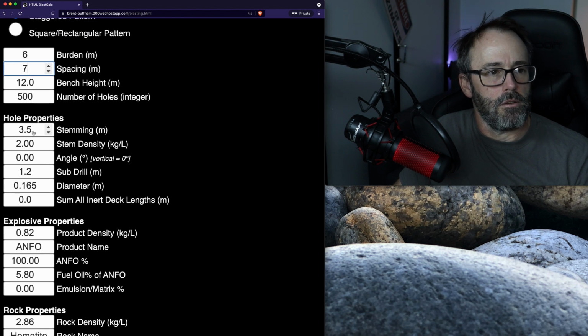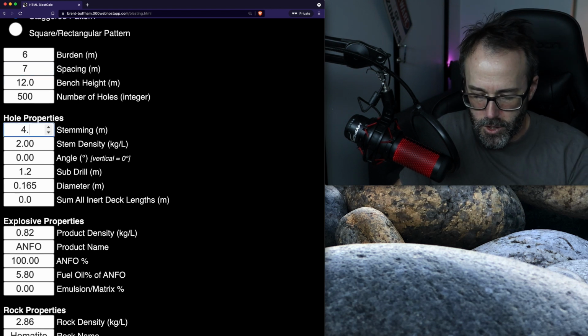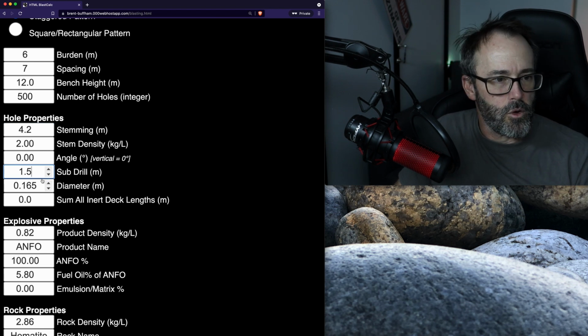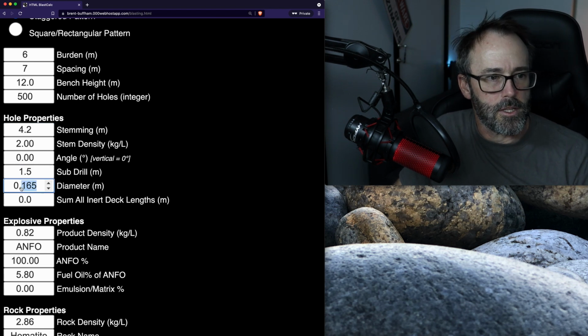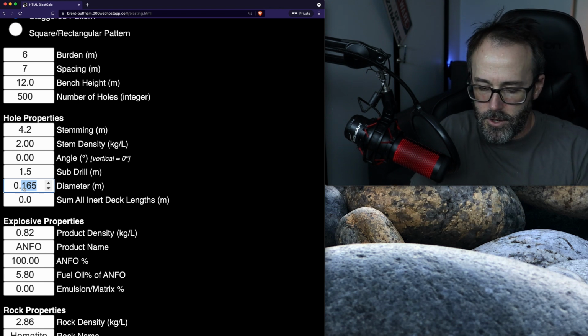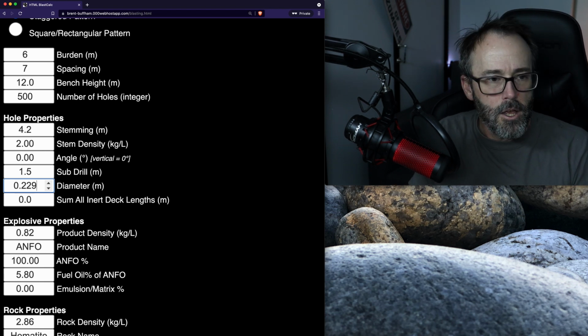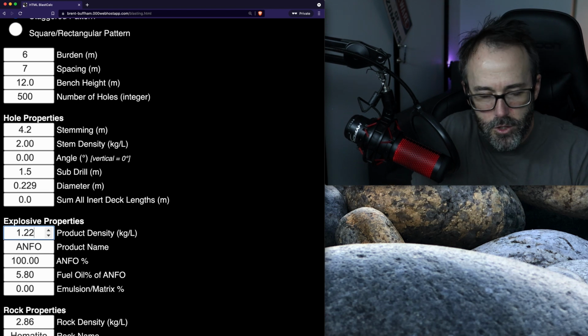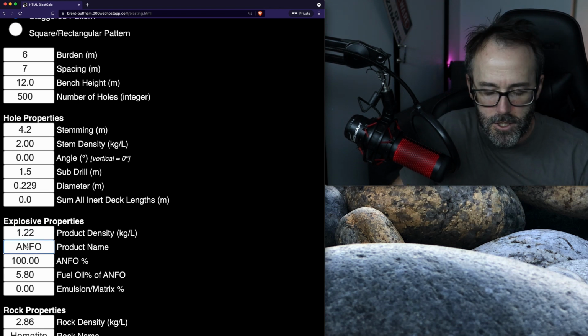Let's say we want a 4.2 meter stemming with a 1.5 subdrill, maybe a bit excessive for some people, and a 229 mil hole, and we're just going to go with ANFO. Or let's say we will dial this up and do an average in-hole density of 1.22, and change this to